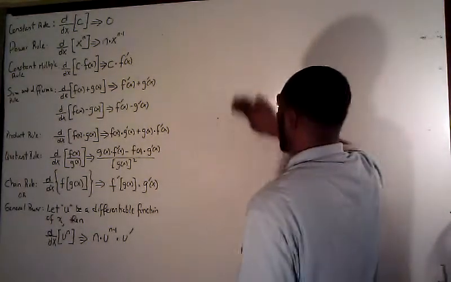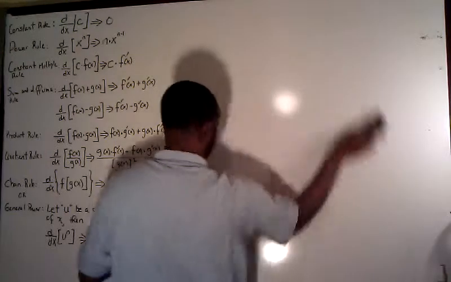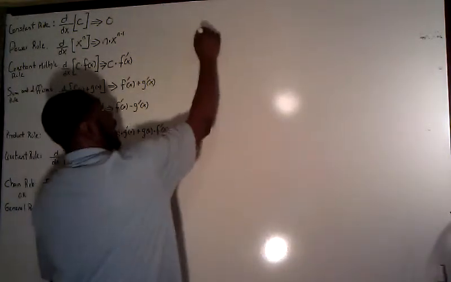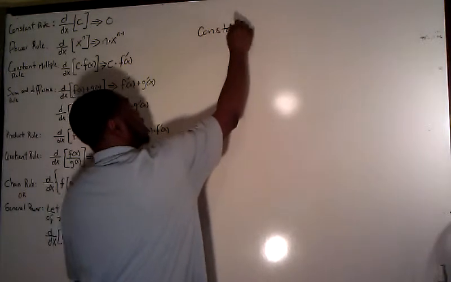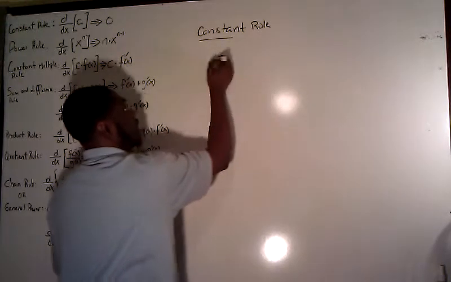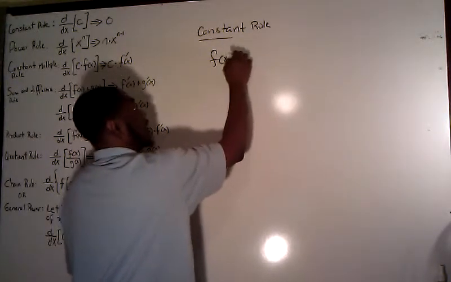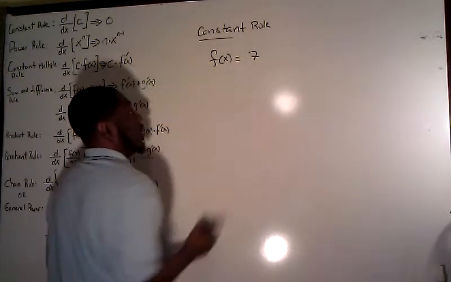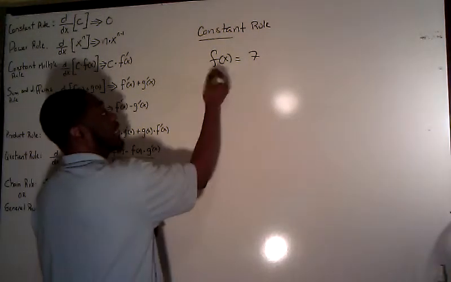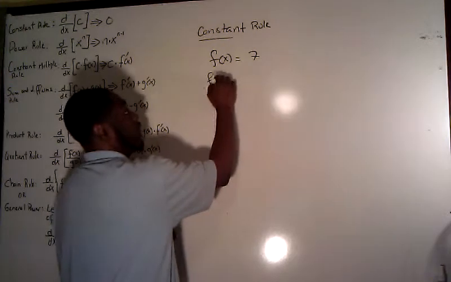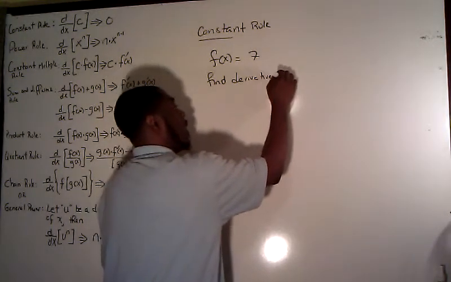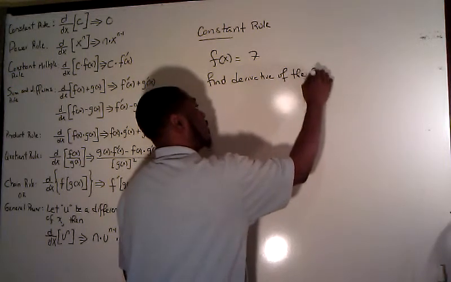Alright, the first of our rules is called the constant rule. Let's say we have a function f of x is equal to 7. If the question is to find the derivative of the function f of x,